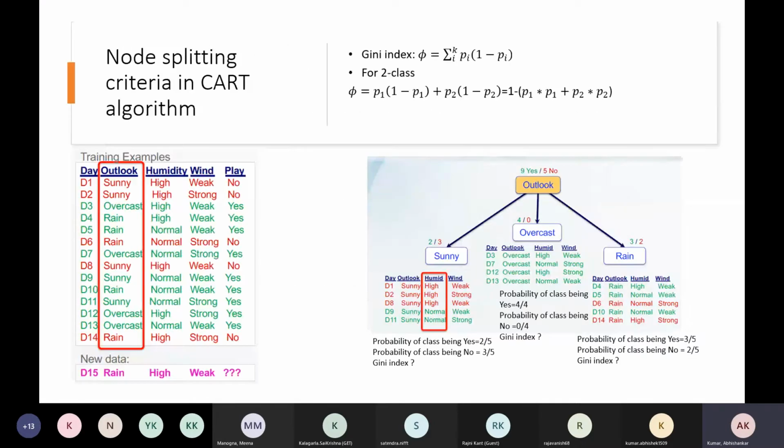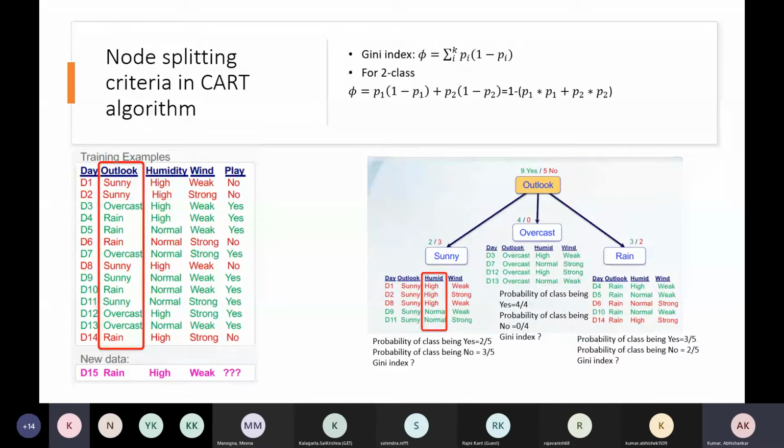So this is the same example I have considered, which we have used earlier also. And I think today you have to go and tell me what the Gini index is at the node and child node. It may be that the child node becomes a leaf node like overcast. And one more thing, what is the maximum value of Gini index and what will be the minimum value of Gini index you can think about? Just think and tell me.